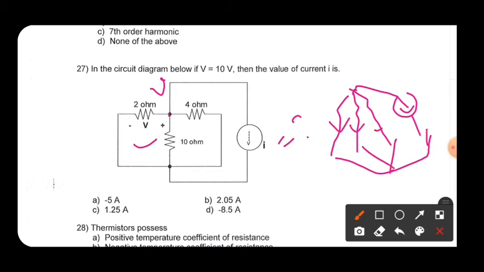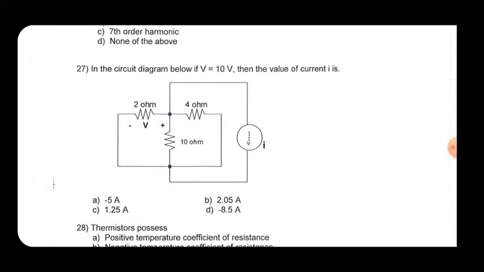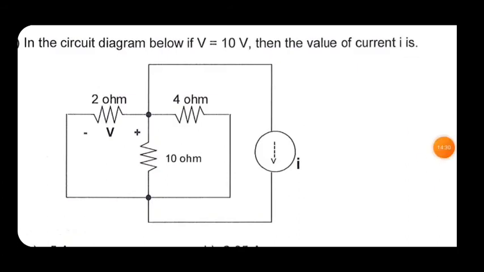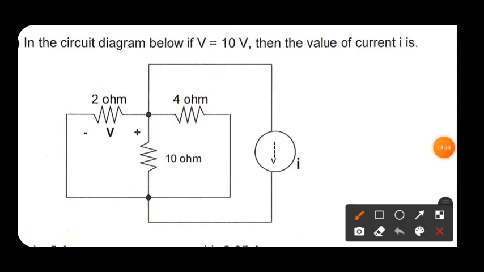So just put it, okay. In the first line the voltage is 10, okay. So if the current here is I1, this current is your I2, this is your I3, this is your I4. I am writing it here by enlarging the figure, it will be very easy for you. So just see, this is your I1 current, this is your I2, this is your I3, and this is your I4, okay.